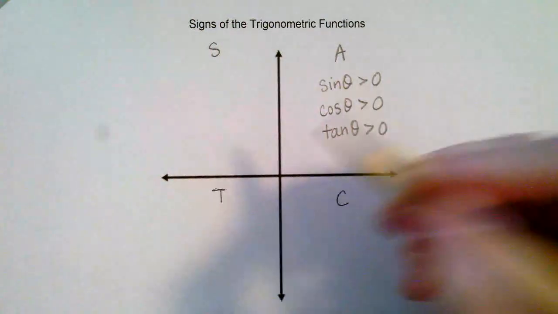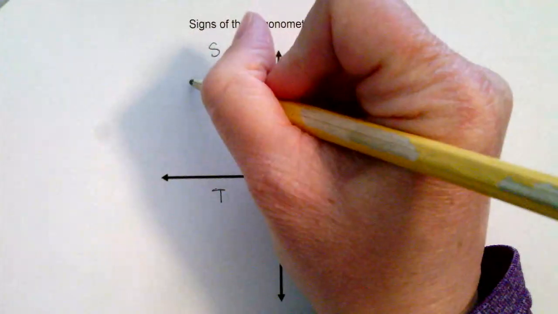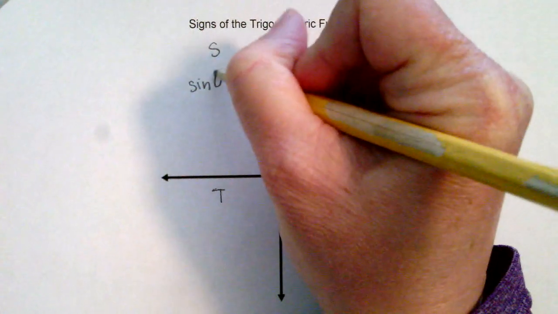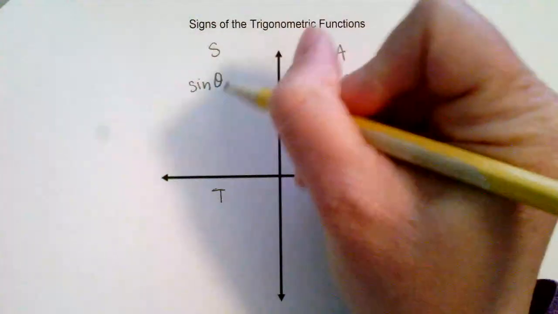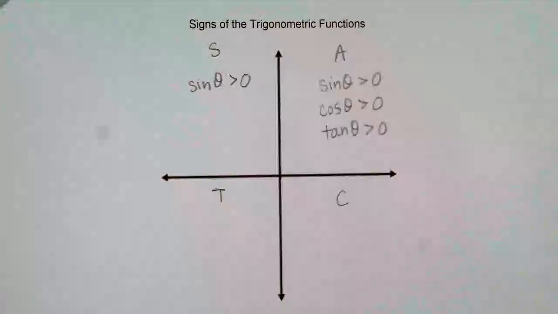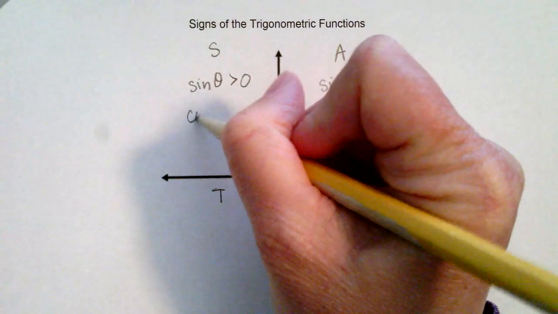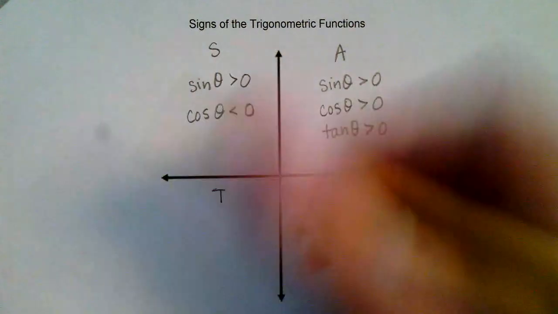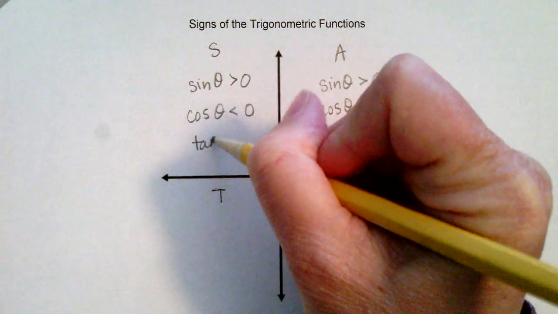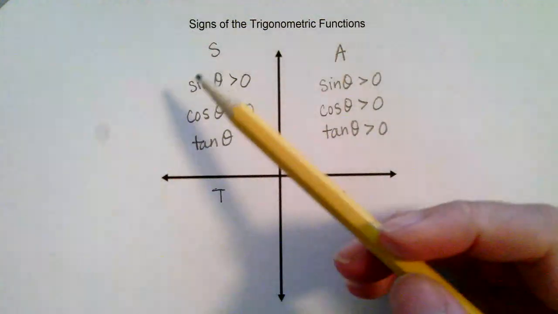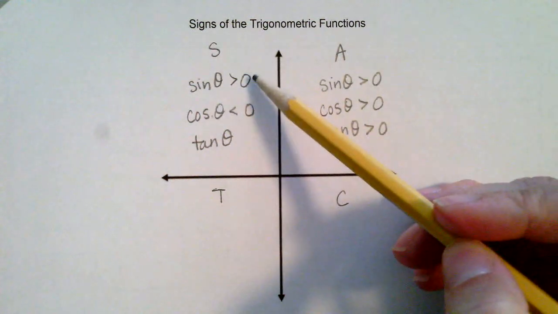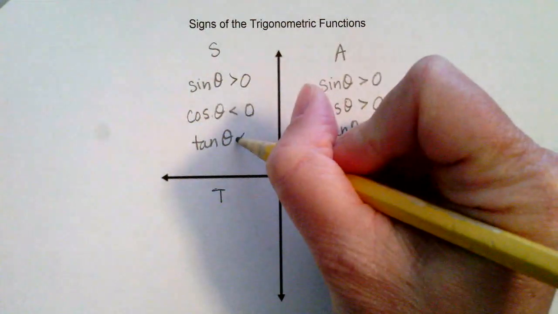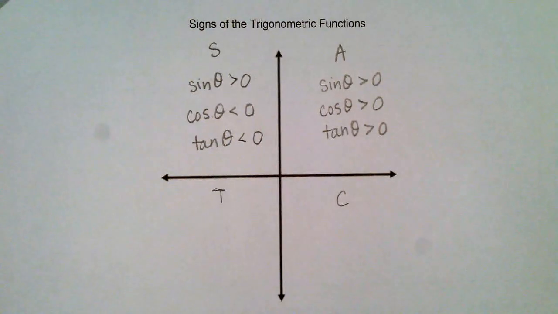Okay, in our second quadrant, our sine, our y value, is still going to be positive. Our cosine will be negative, and our tangent, since it is the ratio of the sine over the cosine, positive over negative, is also going to be negative. So pause the video now and find